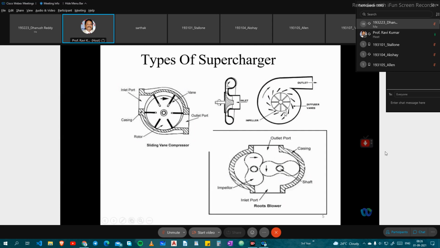This is a centrifugal effect we are going to have. The inlet of the air will be entering here, and this is the outlet passage. This is the design, and this design cross section is shown here, with the inlet of air passing here and the outlet here. This is the centrifugal blower. So vane supercharger, centrifugal supercharger, and roots supercharger: three different types of superchargers can be added to a petrol engine or diesel engine, spark ignition or compression ignition engines.